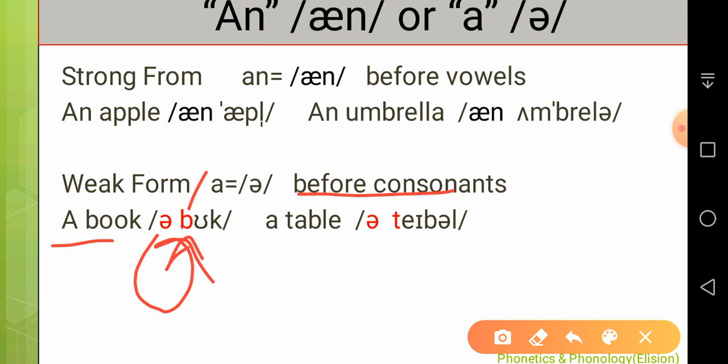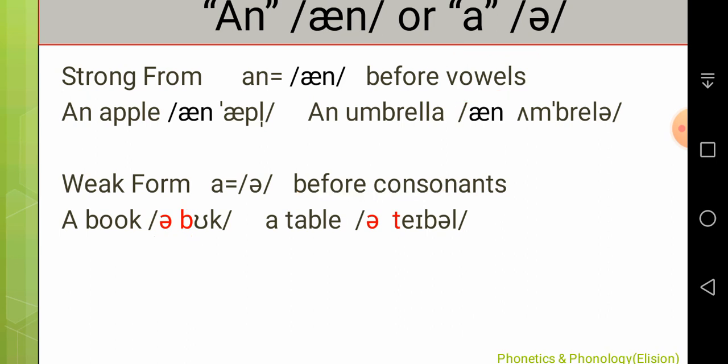It means that before vowels we use "an", and before consonants we use "a", okay. Here is another example,